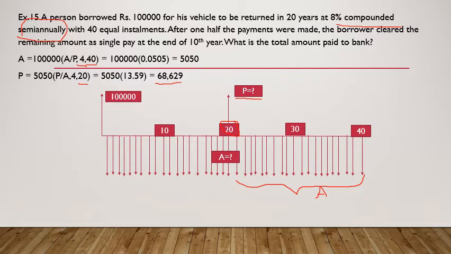And what is the next advantage of that, or what is the last question to be answered? The last question to be answered is, what is the total amount paid to the bank? Total amount paid to the bank is, I have paid 20 installments at the rate of 5050. That is one thing. And then what else did I do? Instead of paying it as installments, I have paid in a single shot. Okay, so that is 68,629. So total amount paid is